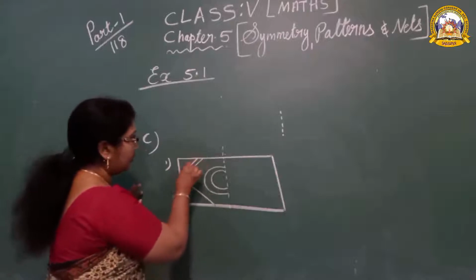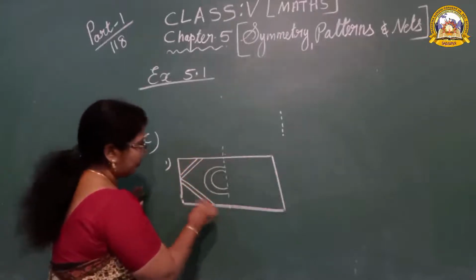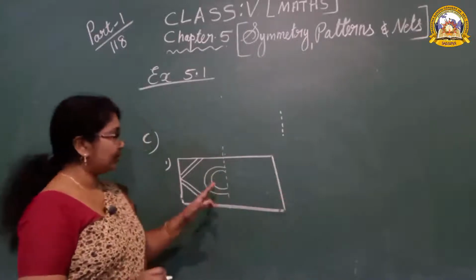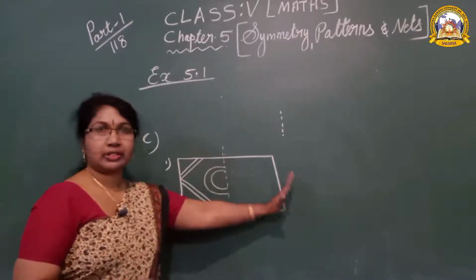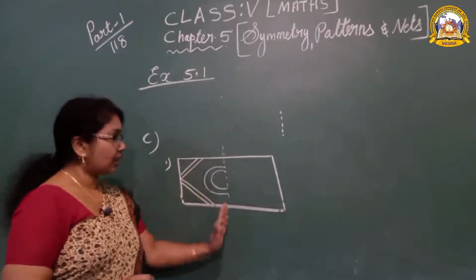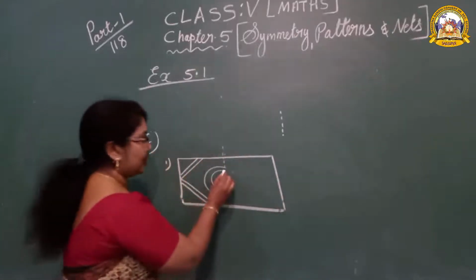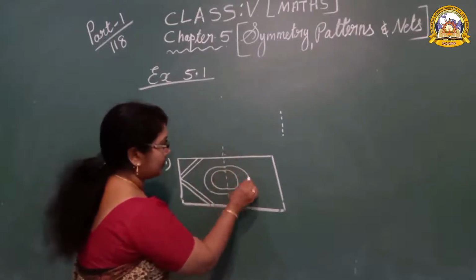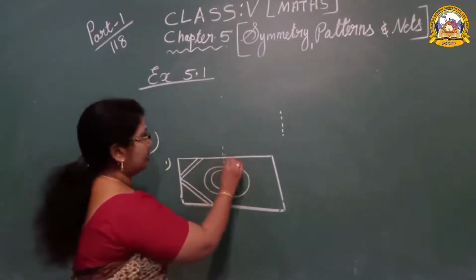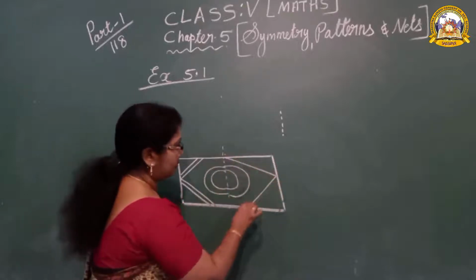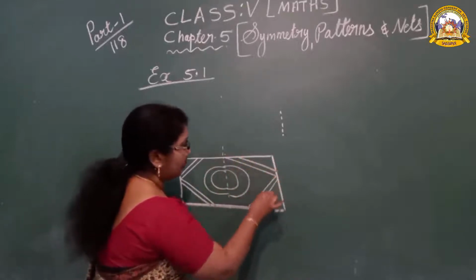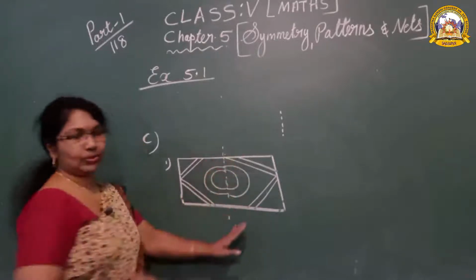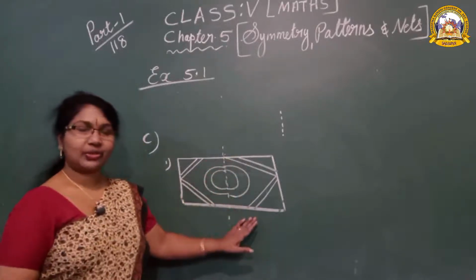Look here. I think you know how to draw very neat and clean, no? So for the remaining half part, one figure has the half part drawn. How to draw here? The remaining part you have to draw like that, equal size. Like that you have to draw. Then from here, now this figure is completed. In the middle the dotted line is given. All of you understood now?